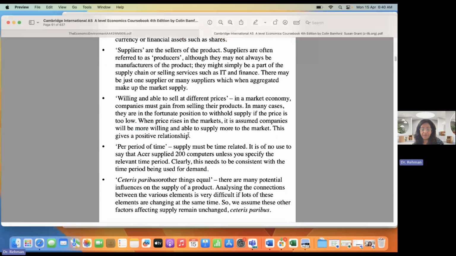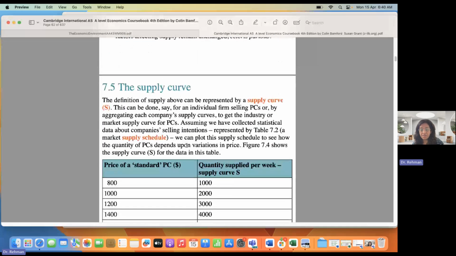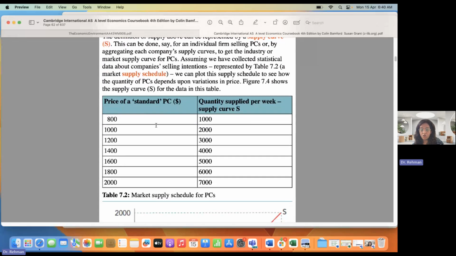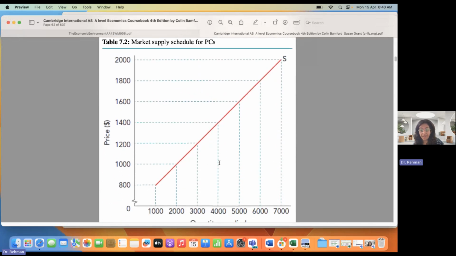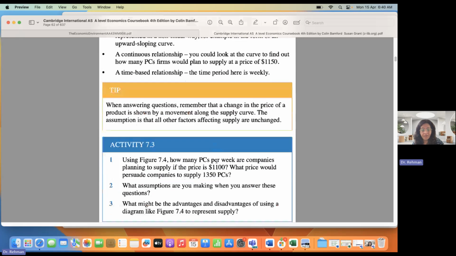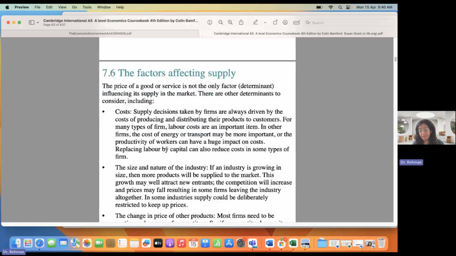Now let us see what the factors are. Please go through these. This is very good content. This is called the supply schedule. This is called the supply curve. Go through them once, and now let us understand factors affecting supply, which is a very important topic. Your assignment will have content from this and the factors affecting demand. Okay, both of these are very, very important.